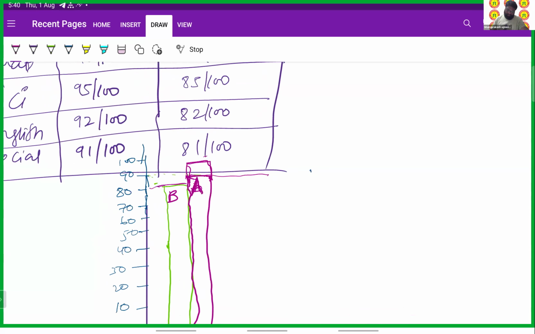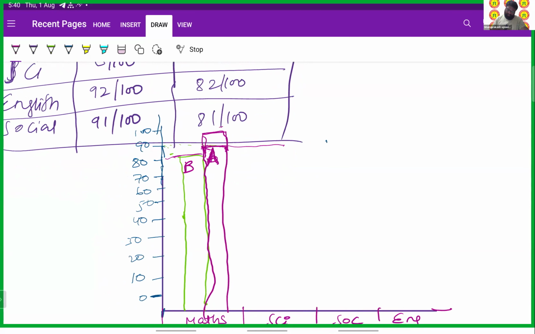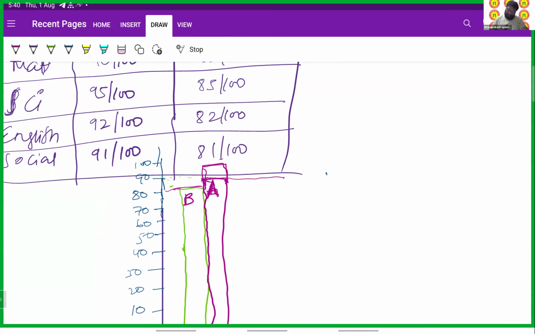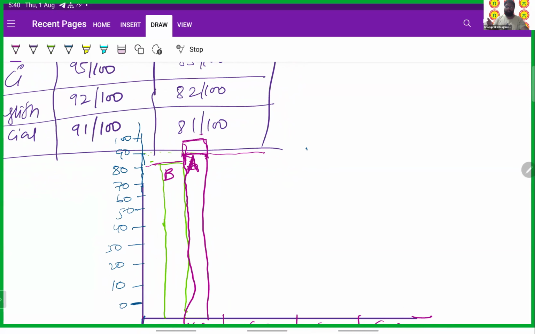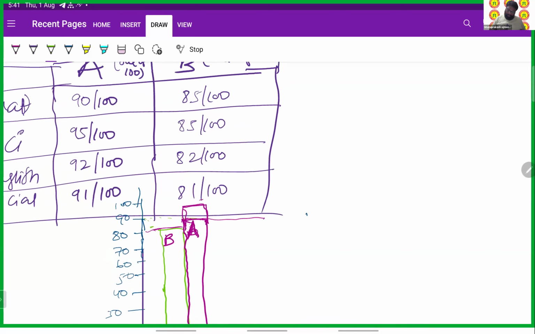Similarly for the science subject. Again, he got around 95 only. It's up to you. You can draw anybody's marks first or second, but whoever's marks you draw at the beginning of the construction of the bar graph, you have to mention them first in other subjects also. I am starting with B, no? Again I will represent B first.